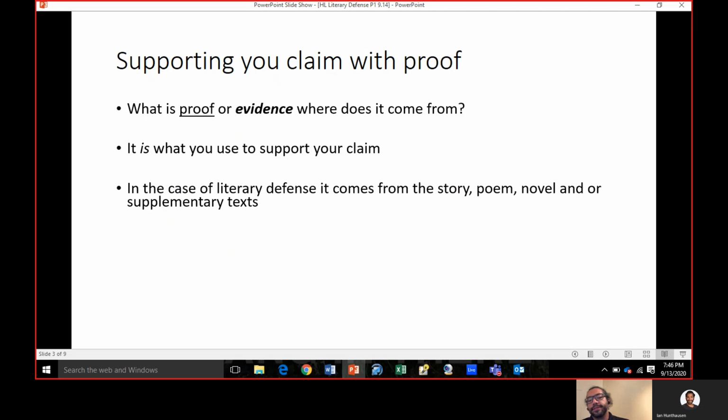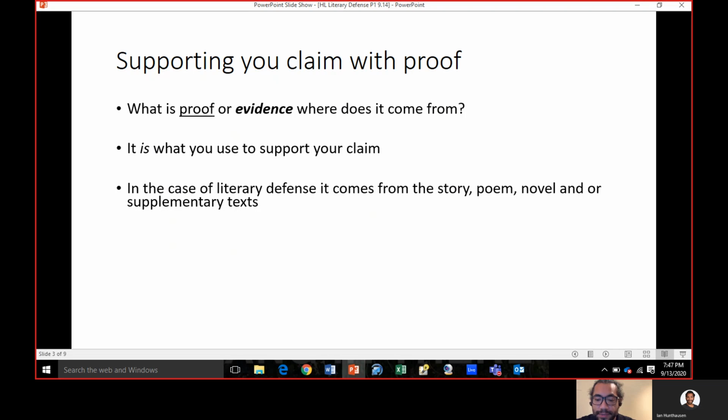So here's some strong points. You don't really have to write this down unless you want to, but evidence is what you use to support your claim. That should be pretty straightforward at this point. You make a claim: this person committed a murder. Prove it. Well, I need to find evidence. Maybe some video footage of a person entering a home, some security cam footage, and some fingerprints and footprints, maybe some eyewitnesses, right? They can't come up with an alibi. So you start building this case off of different pieces of evidence to try to prove a claim that somebody did a crime or did not do a crime.